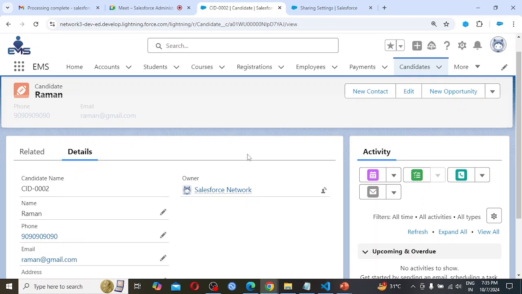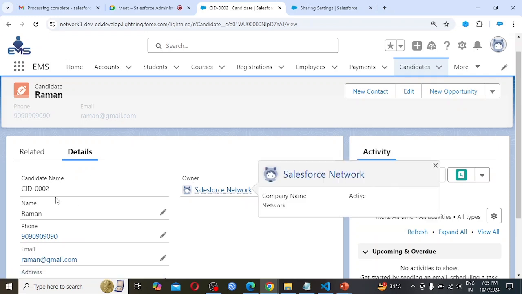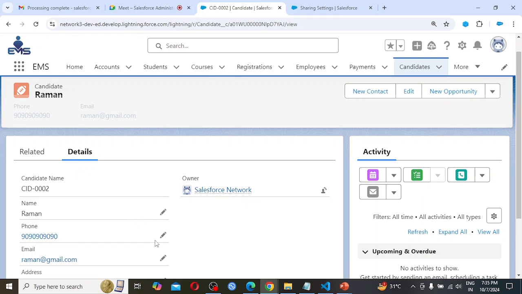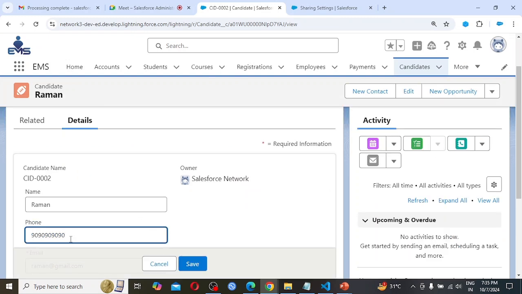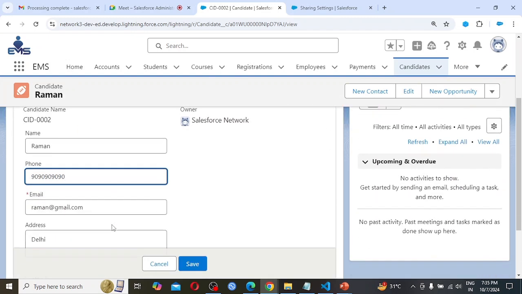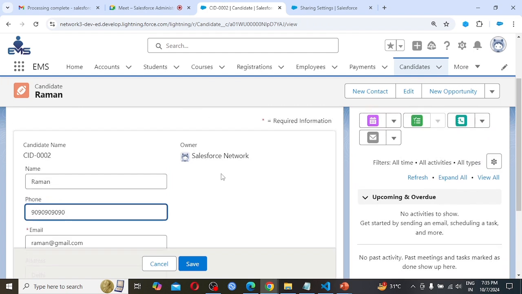As I am the owner of these records, I can view the record, edit the record, delete the record, I can do whatever I want. I can perform all operations on this record as I am the owner.